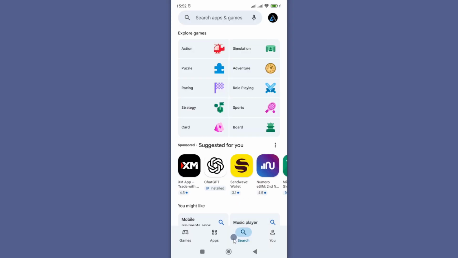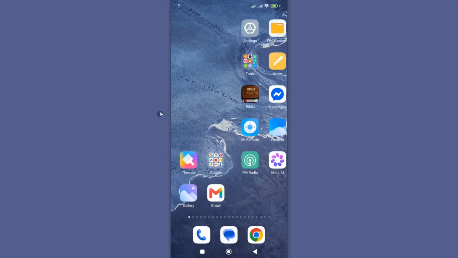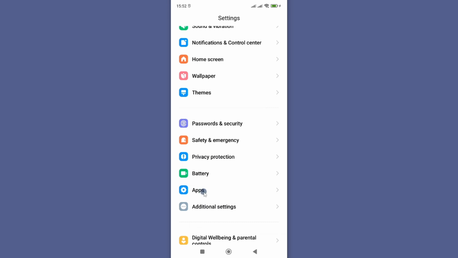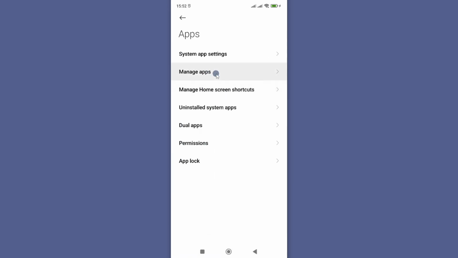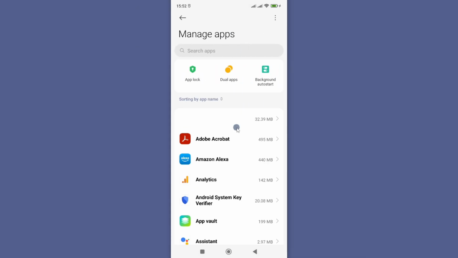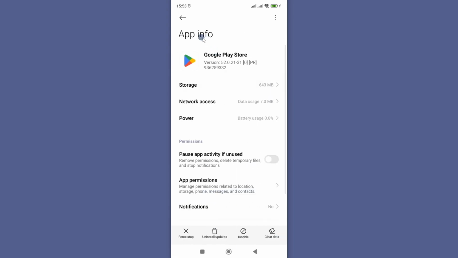But should this not fix your problem, then the problem might be with Google Play Store. For that, we need to troubleshoot Play Store by going to its app info page. You can do that by going to settings, and then from settings, look for apps, and under apps, go to manage apps or all apps. This will list all the apps you have on your phone. From here, look for Google Play Store, and if you tap on it,